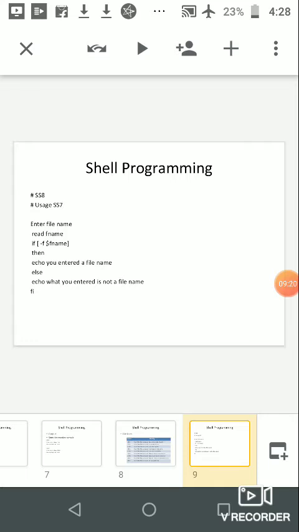And here we can see a demonstration program for file testing. Suppose we have created a shell script sh8, and here we are writing echo enter file name, then read fname. Fname is the file name variable. So read fname,